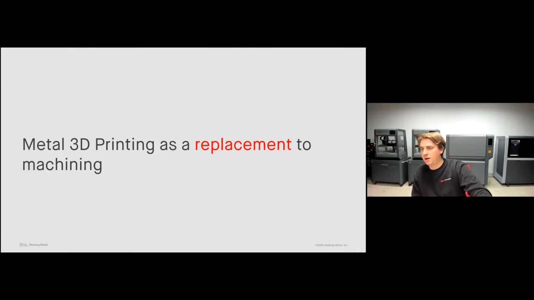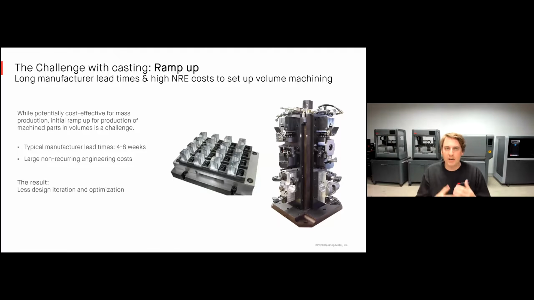So now we'll switch over to talking about metal 3D printing as a replacement to machining. As I mentioned earlier on, the main challenge with machining is this ramp up. These very, very long manufacturer lead times and high non-recurring engineering costs that are required to set up volume machining. So while this is potentially very cost effective for mass production, these initial production runs are very, very challenging. Generally, as I mentioned before, you're seeing lead times of 4 to 8 weeks. You're seeing these large non-recurring engineering costs, and the result is really just a reduction in design iteration and a